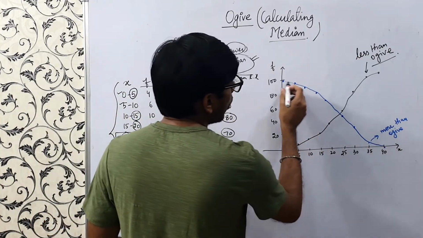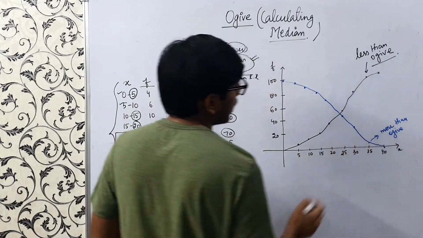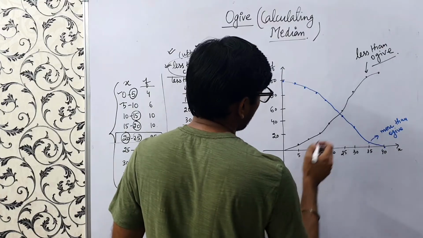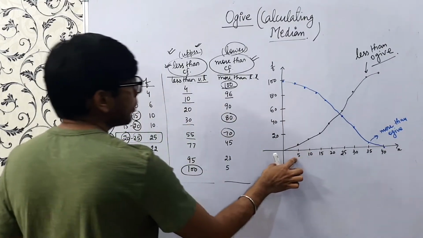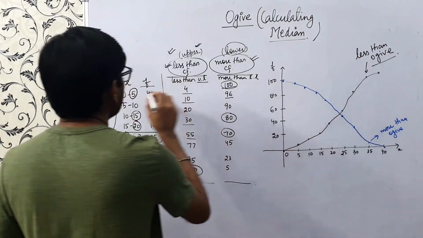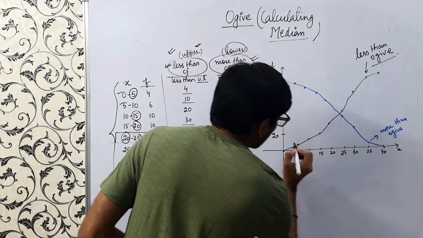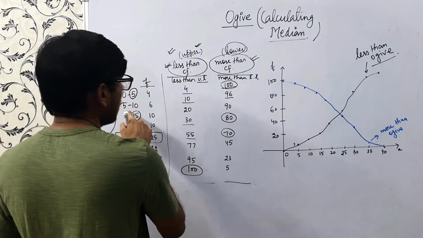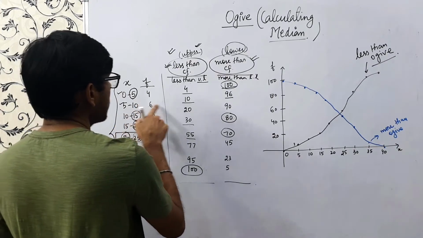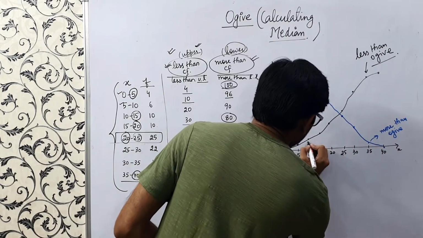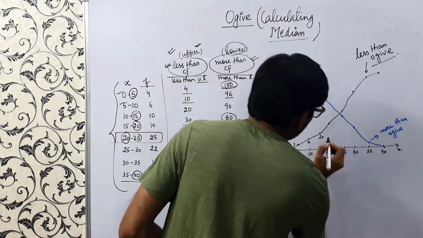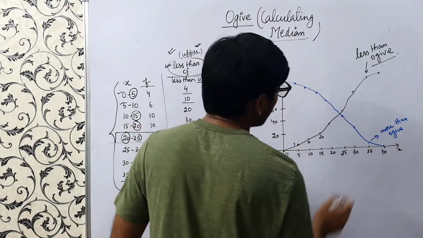Now we'll draw the more than ogive and less than ogive in this graph, the way I've calculated over here. If you see these points, this is nothing but corresponding to 5. This is 0. This is our less than ogive. So 0, this is 4, right? Corresponding to 10, it's 10. Corresponding to 15, it's 20. Similarly, I've plotted all these points, and similarly over here also.